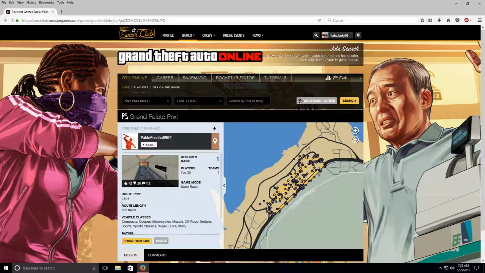This was sent in by the same guy we had in last episode, Pablo Escobar 8952. Now this job was published 17 days ago, and it is called Grand Paleto Prix. Once again, it seems like it's going to be a Grand Prix track. It is a laps route,